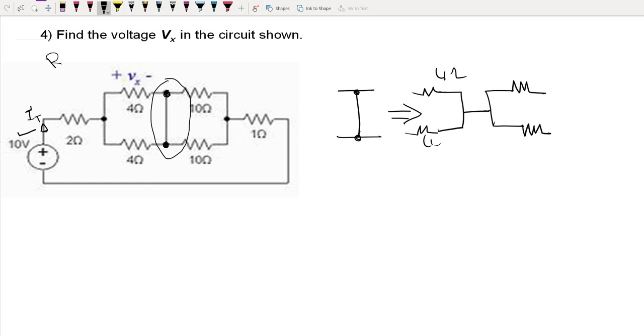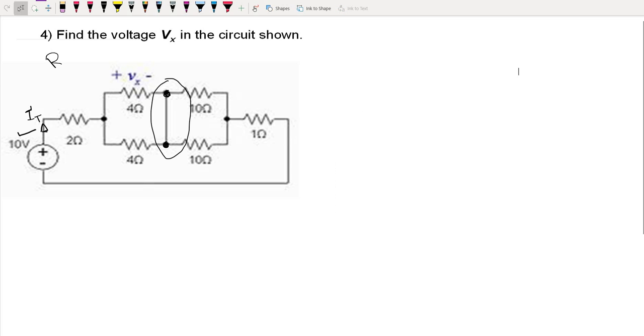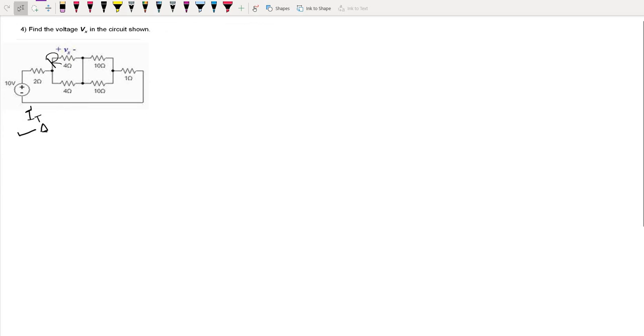This 4 ohm and this 4 ohm, and this 10 ohm, are in parallel with each other. Then that parallel combination is in series. So once I separate it out, it's very easy to find the total resistance, no? So what I'll do is I'll rewrite the circuit, okay? I'll just rewrite the circuit for you to understand better. Let us create some space here. Now this circuit I'll write like this.